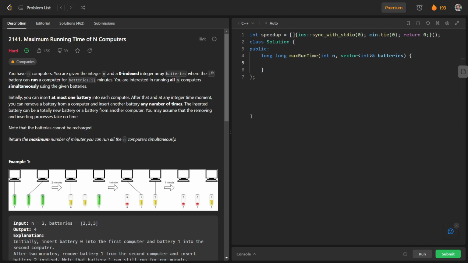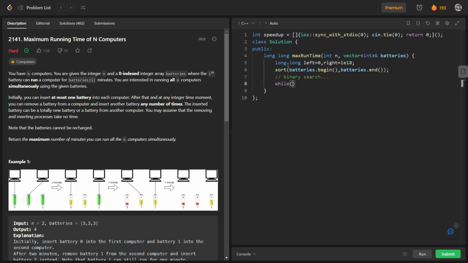So basically we are going to use binary search here, and we will have a range of time with us, and we will try to maximize the time using binary search. So for this we will have two pointers, long left and right, for binary search, and the left pointer is 0 and the right pointer is 1e18, and we will sort the batteries array also. Okay, so we will sort this vector.